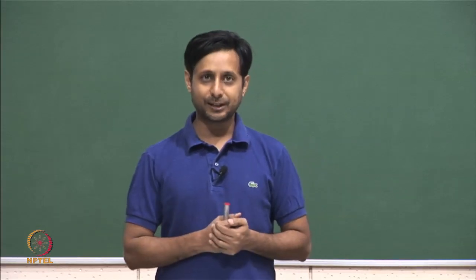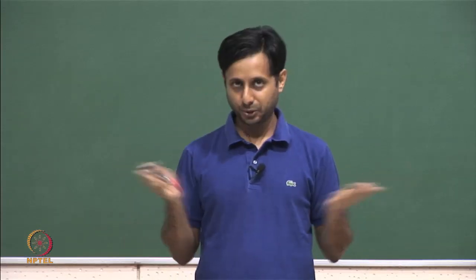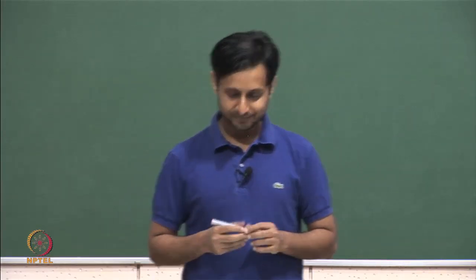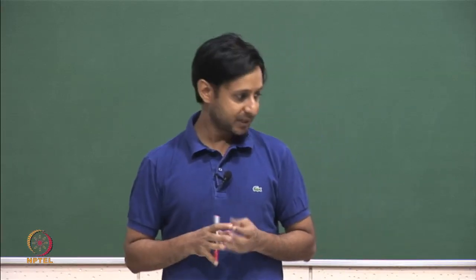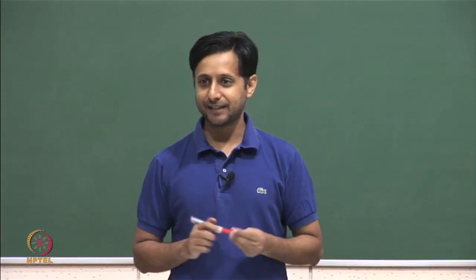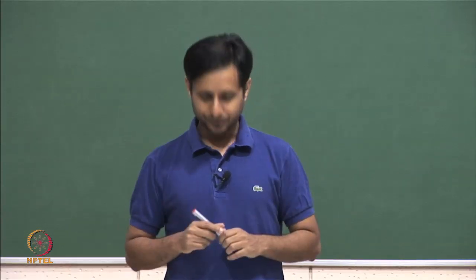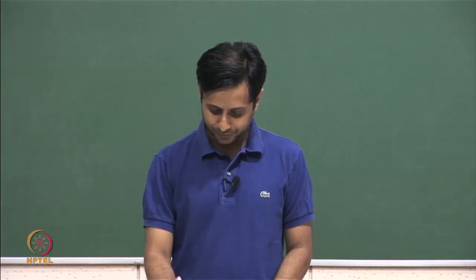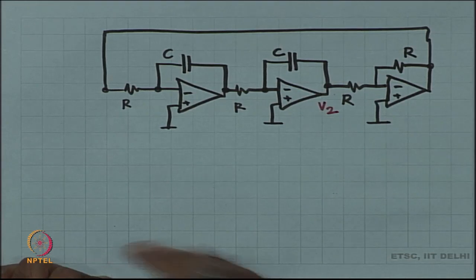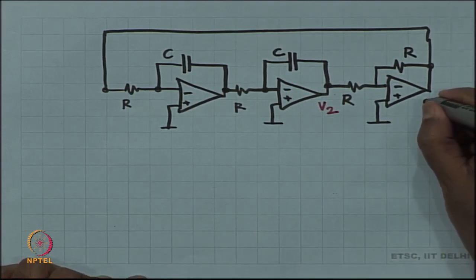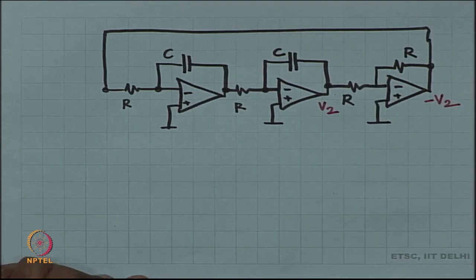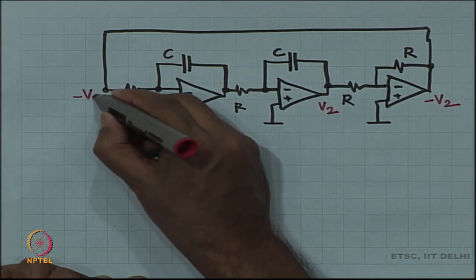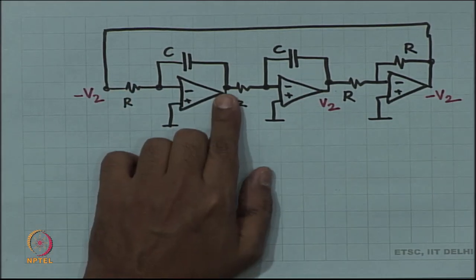Now, you are going to ask what kind of circuit is this? It does not have an input. Yes, I agree, it is a very strange circuit which does not have an input. Let us just think about it for a little bit. Let us assume this voltage is V2 like before. So, the voltage out here is going to be minus V2 because this is just minus 1. So, minus V2 over here, and therefore,